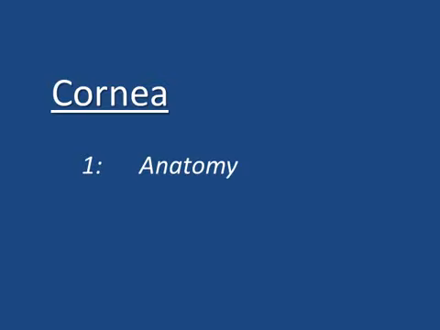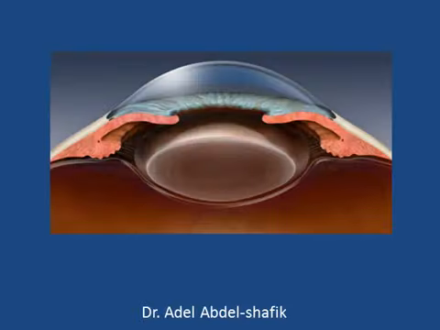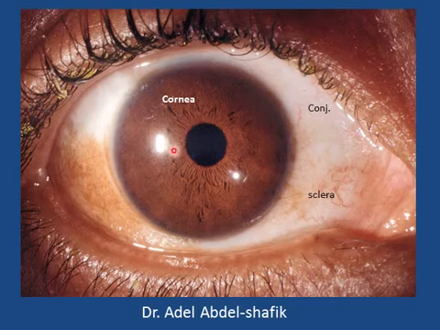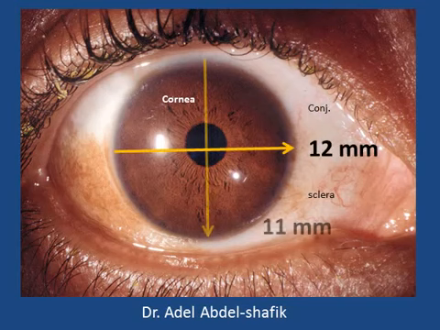I'm going to start with the anatomy of the cornea. The cornea is the transparent part of the outer coat. It is continuous with the sclera at the limbus. Through the cornea we can see the iris and the pupil. So here is the cornea, and this is the limbus, and here we can see the sclera covered by the transparent conjunctiva. This is the diameter of the cornea,